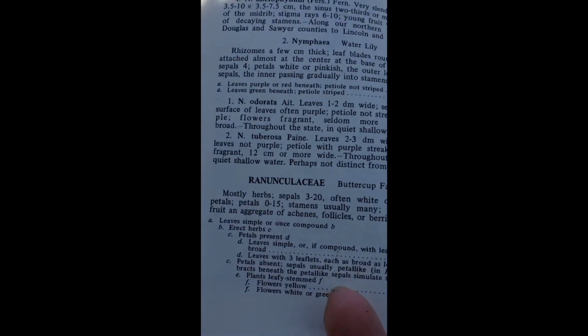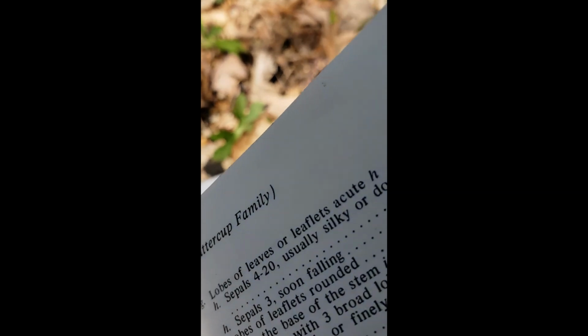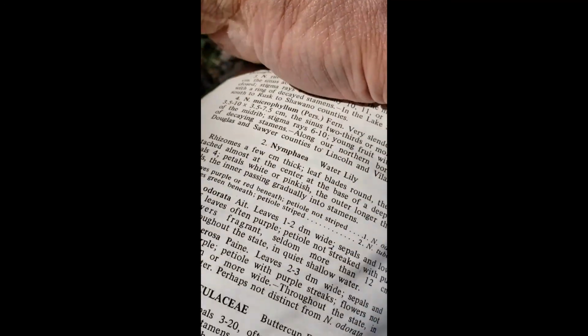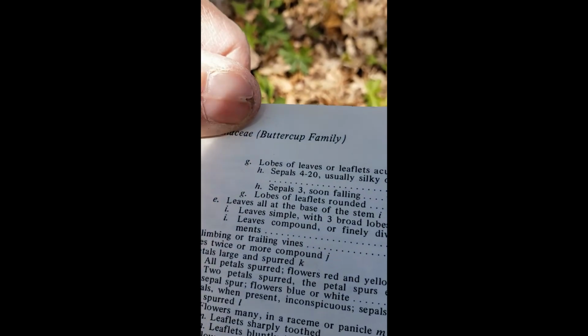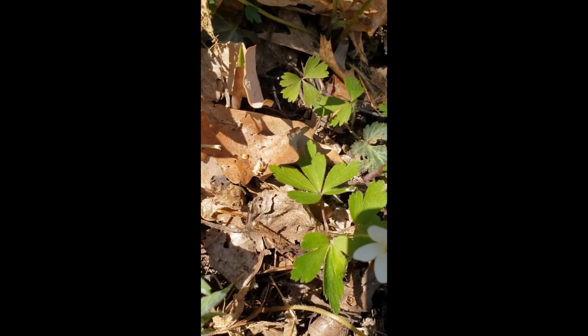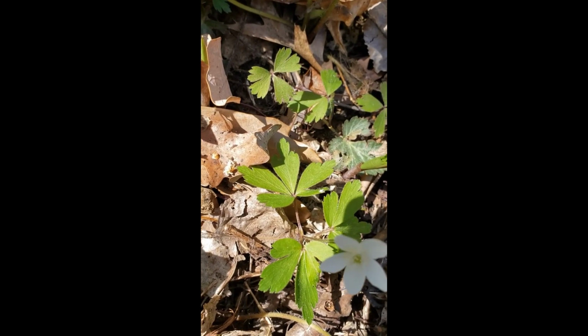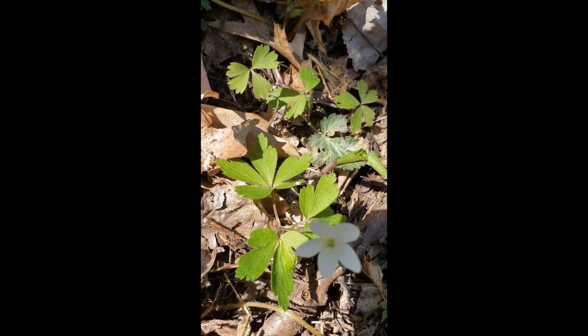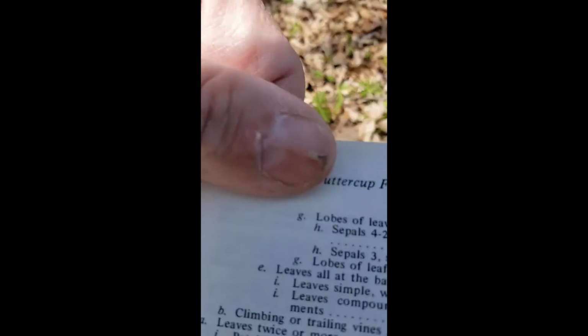Let's see here. Okay. Ranunculaceae. Leaves simple or once compound, or leaves twice or more compound. And if you look in here, these are definitely more than once compound. They're twice or more compound. Like 3 leaves, but they're leaflets. They're compound leaves. Okay, so then we go